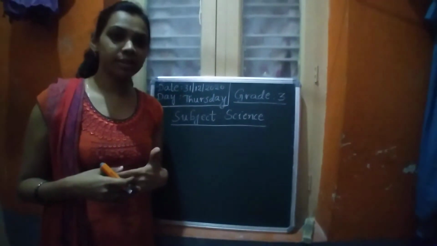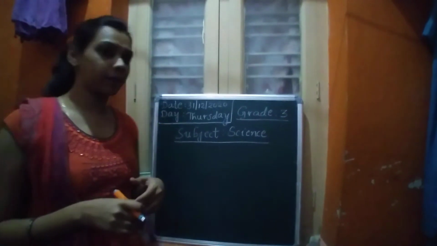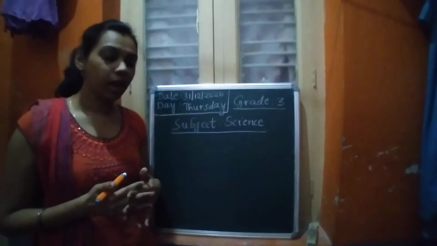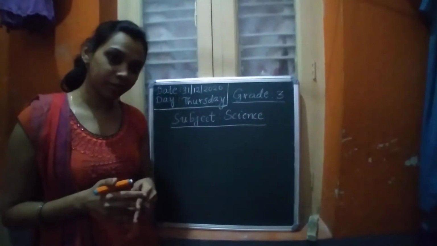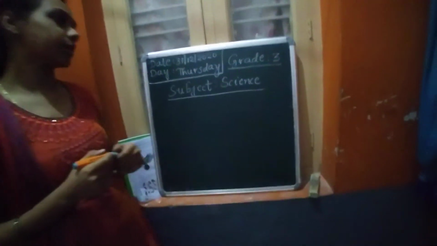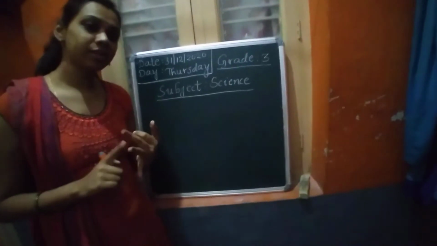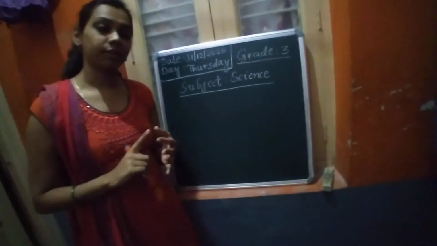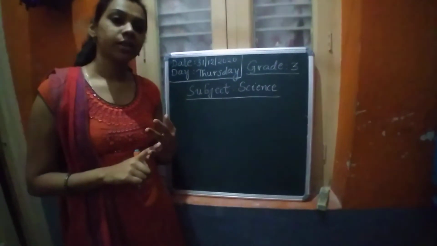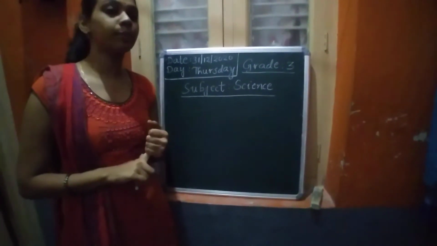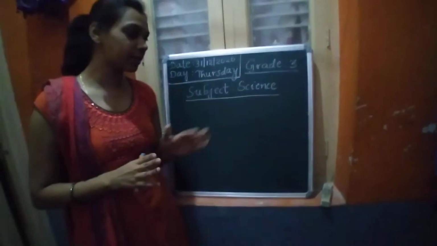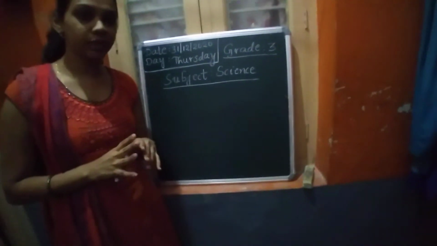So in the last class we saw about the body features of the birds, right? We started with the new chapter, birds, and we had a small introduction about the different kinds of birds, and also we saw about the body features of the birds. What all things we saw, children? Eye, ears, nose, beak, then body, wings, feathers, tail, toes and claws. So these were the body features of the birds. See, they may be of different sizes, shapes and colors, but these were the body features of the birds.